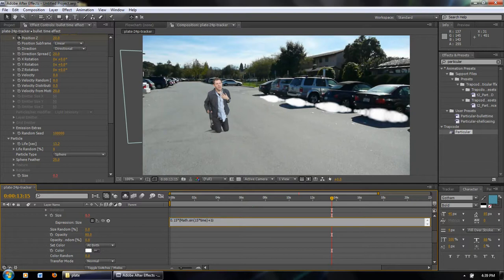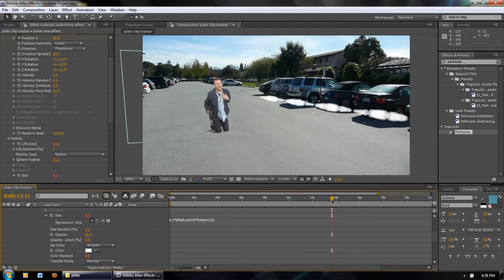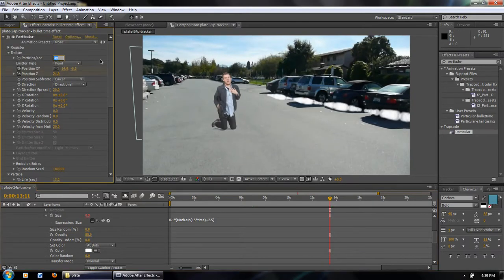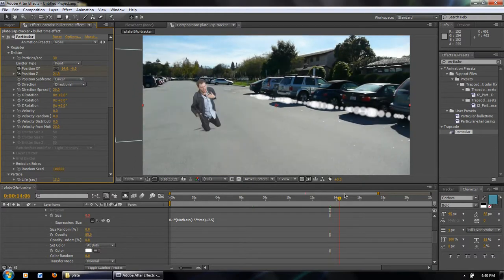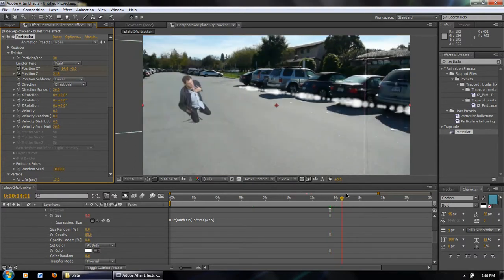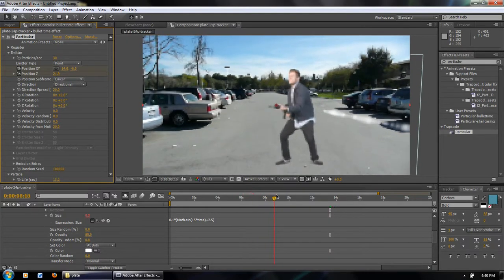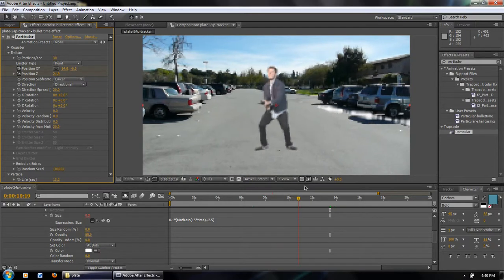Okay, and then also plus 1.5. There's a lot of tweaking here that can go on. Plus 2.5 and multiply by 0.1. Okay, so that's pretty good. And I'm going to turn down the number of particles per second. Okay, great. So this will look like he's shooting, and the bullet time trail goes past the camera and sort of